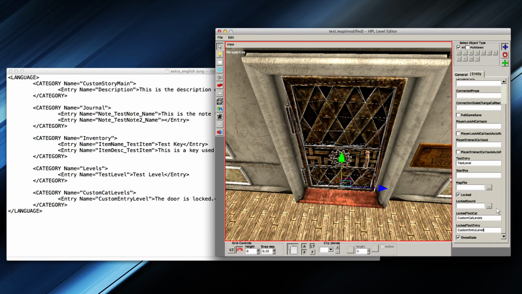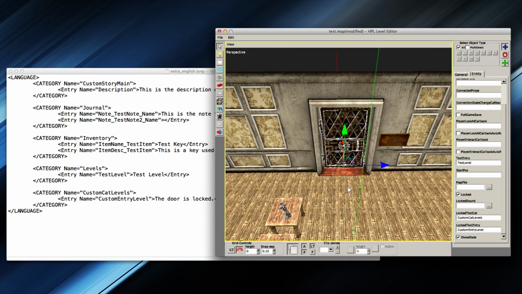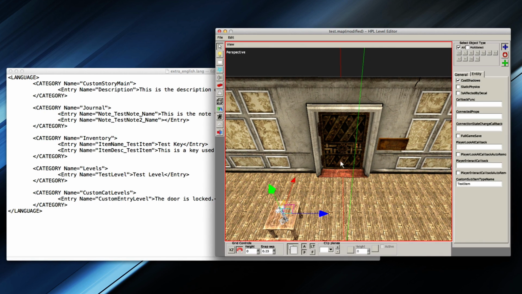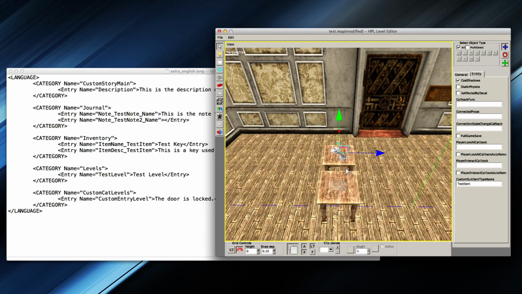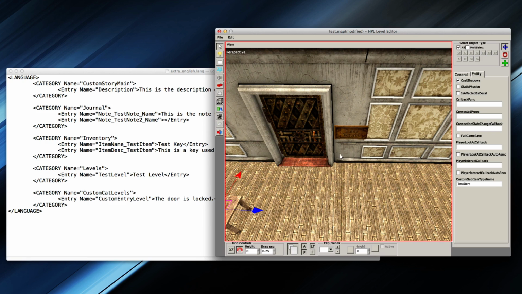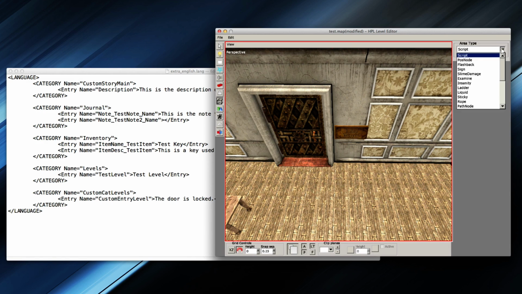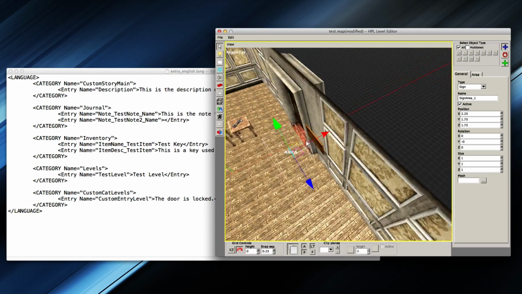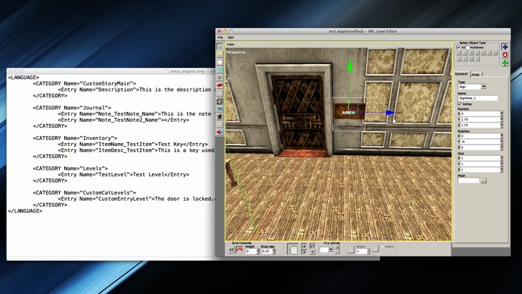Now, let's see what is next. We have done the door now. We have not done the interaction with the key and the door. So that is actually a little scripting part that is required for that. I'm going to do the sign area first. So I'm going to go on area, select sign area, click place, and just put it where I want it to be. Let's just put it there.